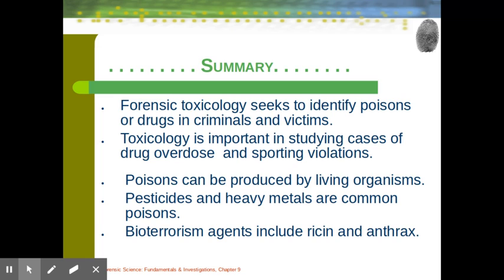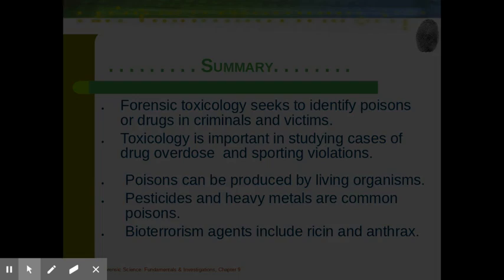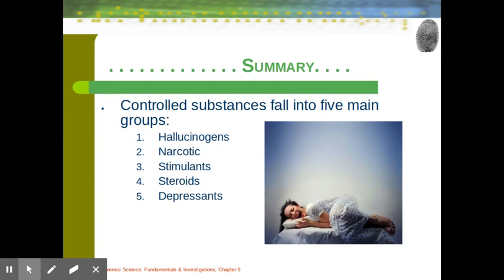All right, so in forensic toxicology, we are trying to identify poisons, drugs, or chemicals in victims. It's important in studying drug overdoses and sporting violations. That's where a lot of it comes up now, drug overdoses. Poisons can be produced by living organisms. Pesticides and heavy metals are common poisons. Bioterrorism, again, is another thing. So, hallucinogens, narcotics, stimulants, steroids, and depressants are all the five main